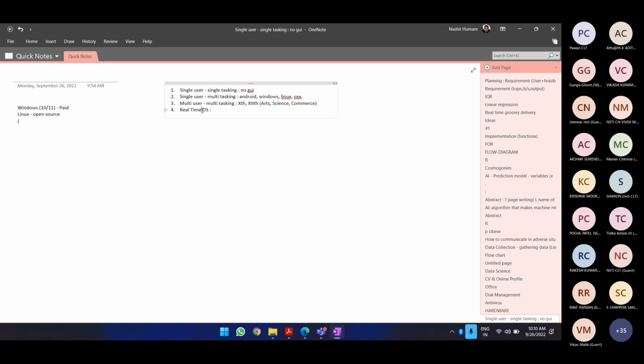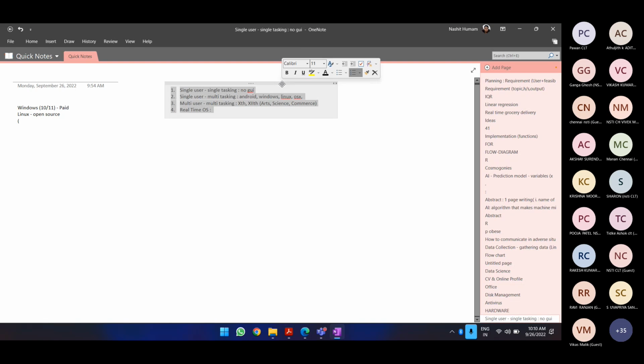Now we talked about pacemakers, they are using an operating system, but that would fulfill only one purpose, only one. When we are talking about a drone, that is fulfilling only a few different functions: fly, take pictures, and send back. So that is the only purpose it is made for. So these are the different kinds of operating systems that we might have. In case anyone has any questions, please let me know.